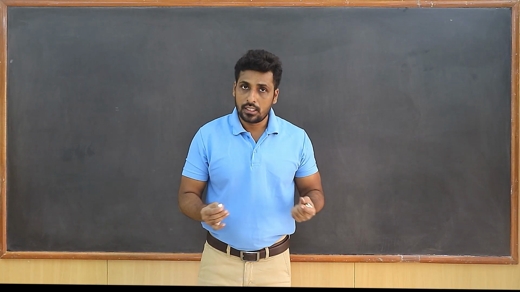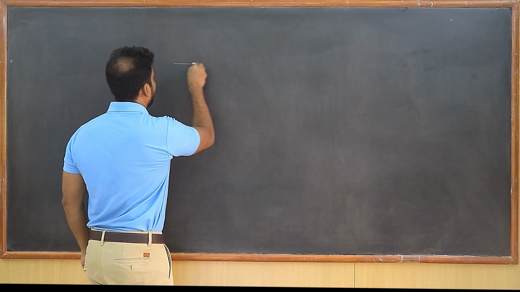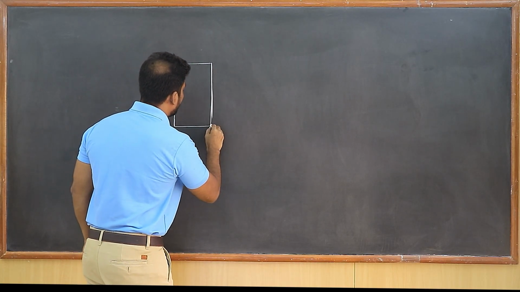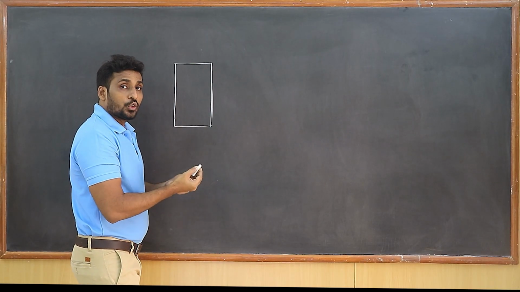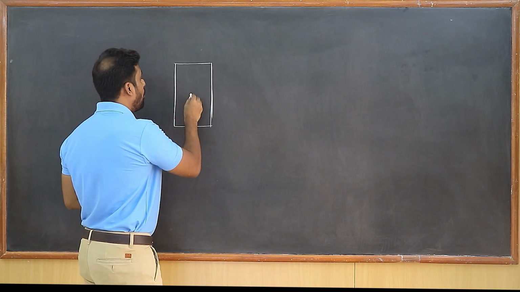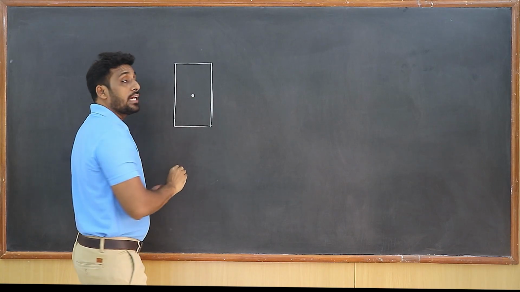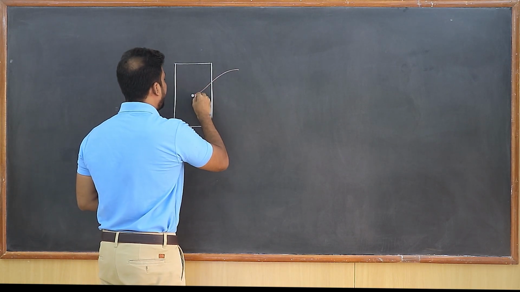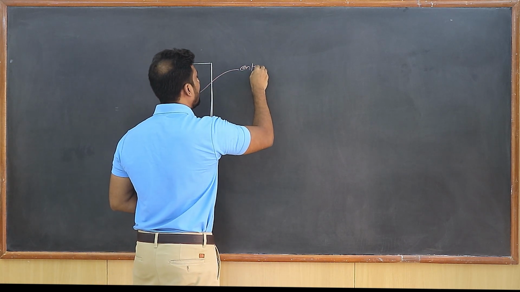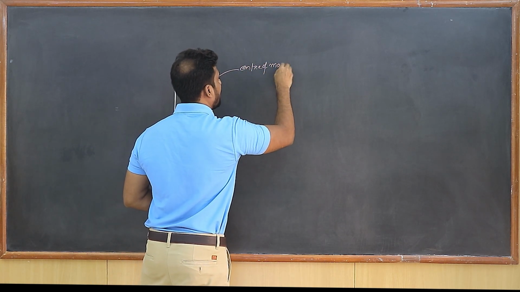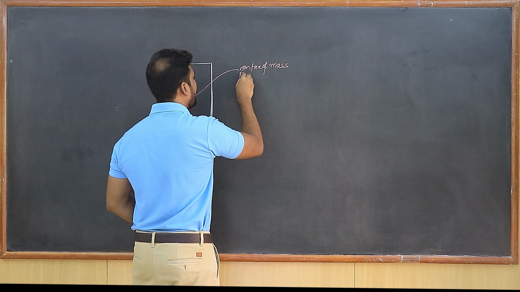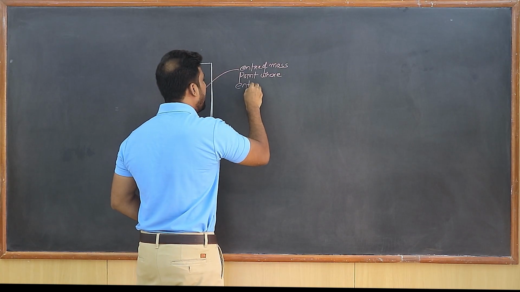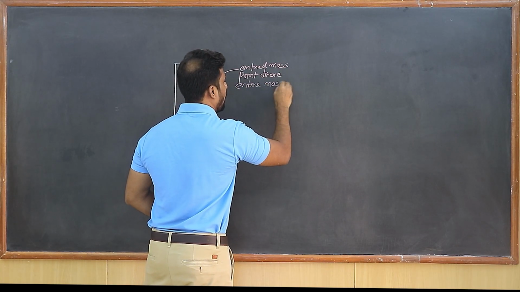be accumulated, isn't it? So if I take a body, let us say I take a rectangular body here. It will have some matter, isn't it? So the center of mass will be a point where the entire mass of the body is said to be accumulated. Let's call this point the center of mass. So it is nothing but what? It's a point where the entire mass of the body